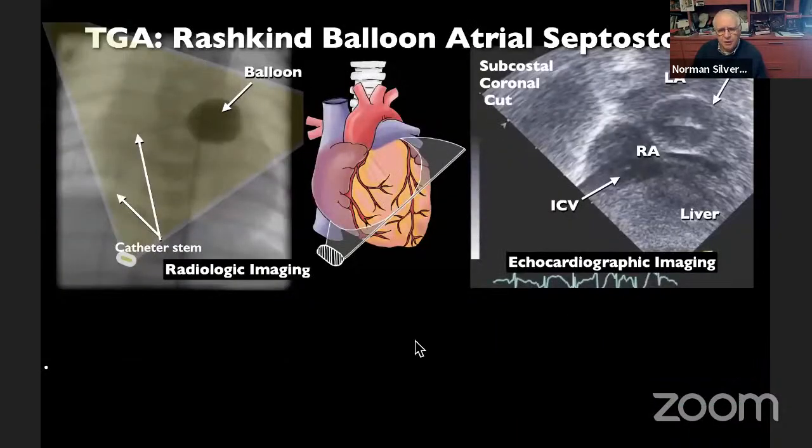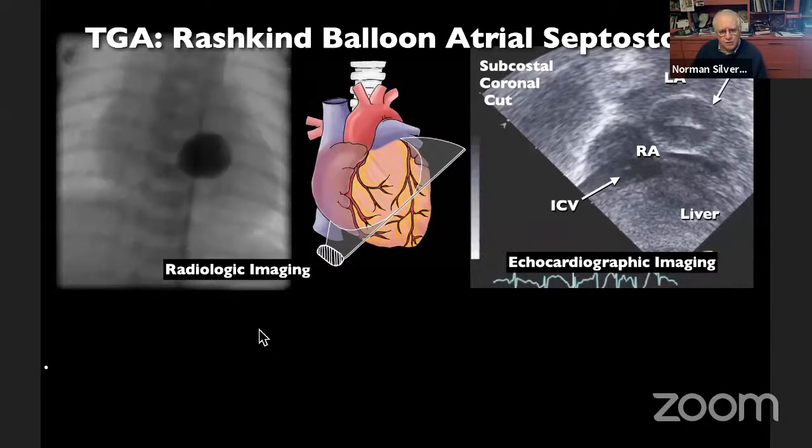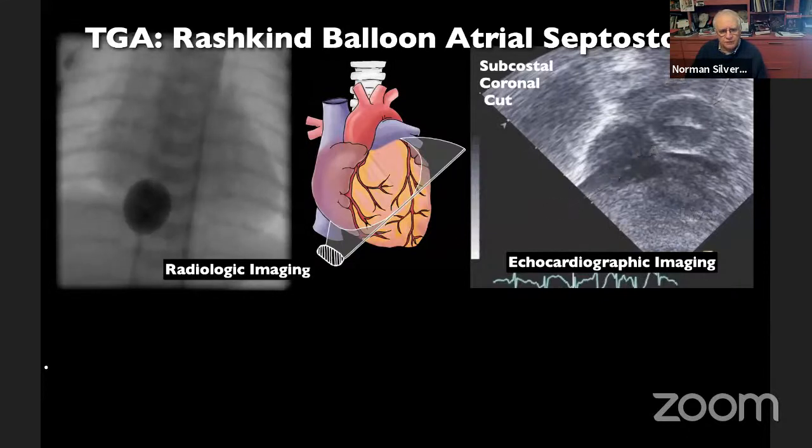Now, I thought I would include for you this technique, which I believe is the standard technique now for doing a balloon atrial septostomy. I have a radiological image showing the scan plane for the echo, and then you'll see here the catheter coming across into the atrium and crossing the atrial septum and lying in the left atrium, I beg your pardon. And then I will show you the recording of a balloon atrial septostomy.